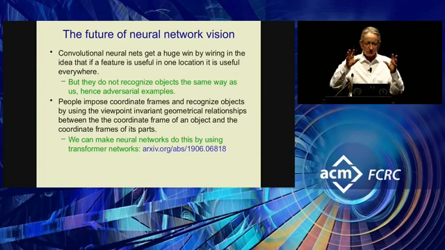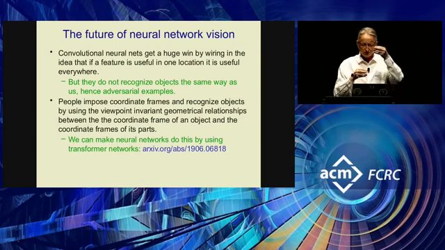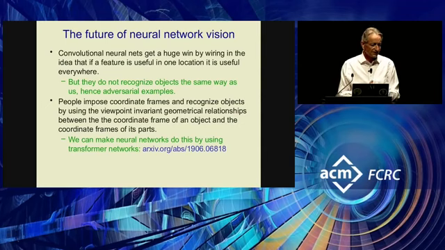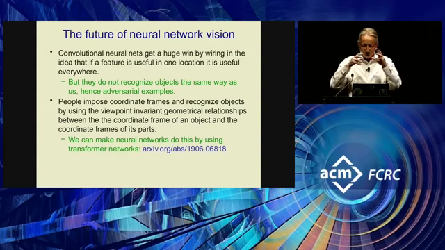I'm convinced that the main way in which people recognize objects, they obviously use texture and color, but they're very well aware of the geometrical relationships between an object and its parts. And that geometrical relationship is completely independent of viewpoint. And that gives you something that's very robust that you should be able to train from much less data. And I actually can't resist doing a little demonstration to convince you that when you understand objects, it's not just when you're being a scientist that you use coordinate frames. It's even when you're just naively thinking about objects, you impose coordinate frames on them.